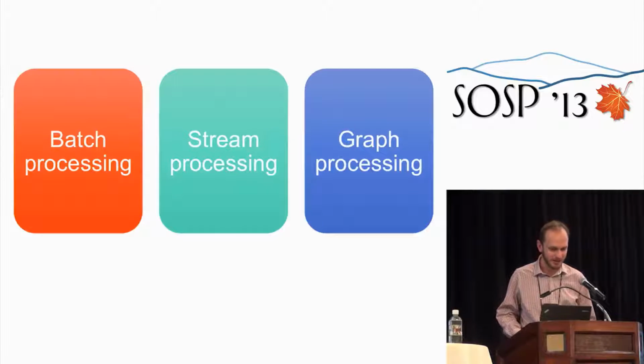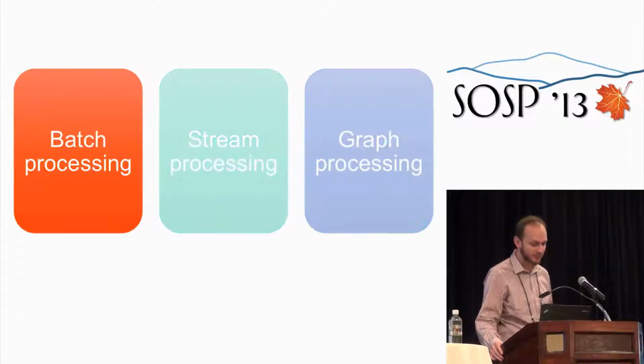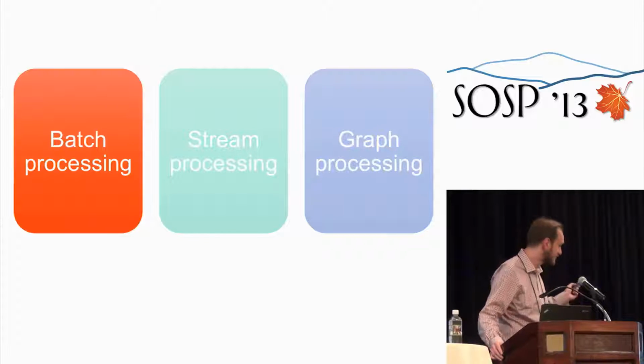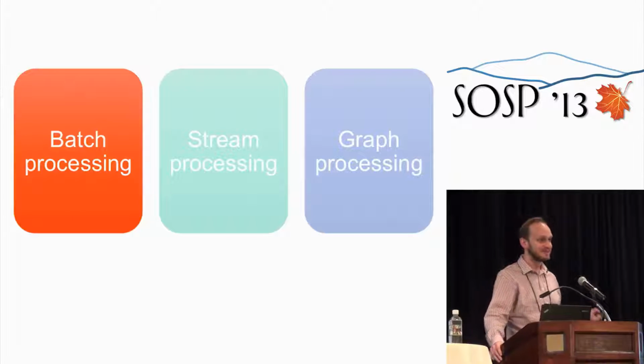And we have graph processing systems like Pregel, and GraphLab, and Giraph that are specialized to use a vertex-oriented execution model. So if you want to write a program that combines two or more of these models, you end up having to use the lowest common denominator. And the lowest common denominator here is batch processing, I forgot to say. For some workloads, this is just fine.